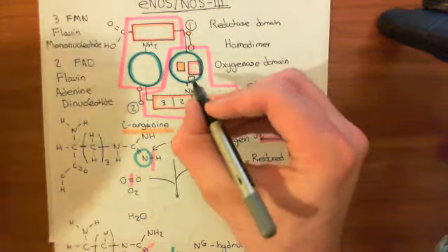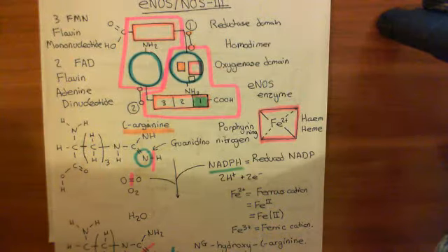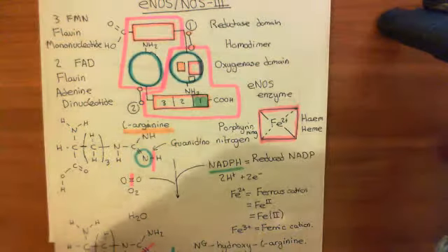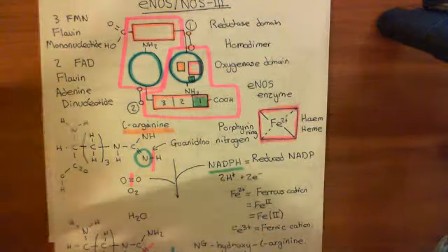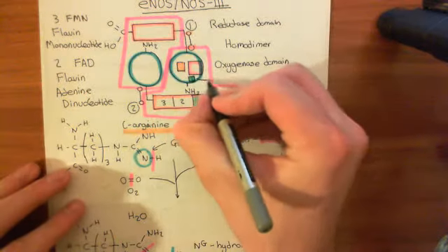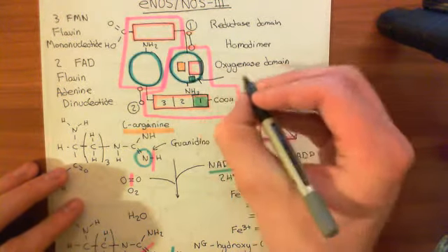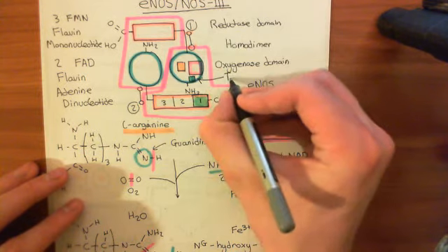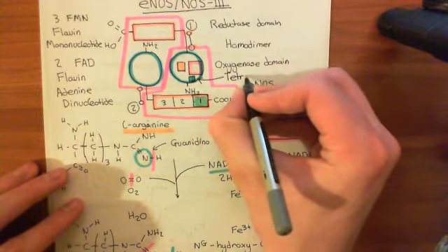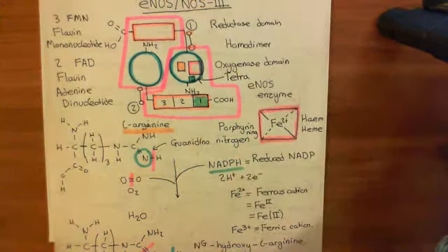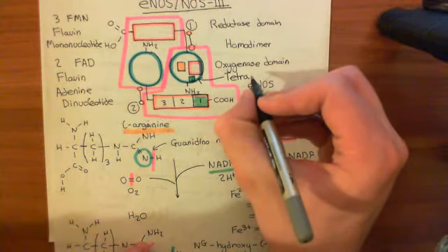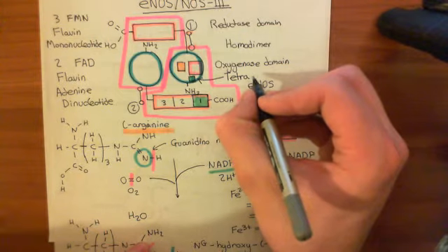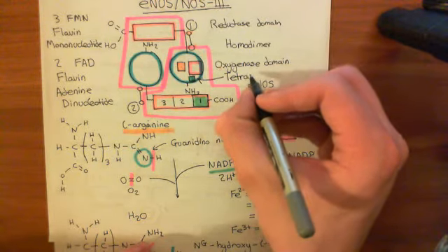Basically, this little square that I've drawn here, which I'll colour in turquoise, I think. So this little square here is a binding site for a very important cofactor of this enzyme, without which the enzyme will not function. And in fact, it's very dangerous if it doesn't have this. So I'll explain why it's dangerous if it doesn't have this later. It still functions, but it doesn't make nitric oxide anymore. Instead, it makes superoxide, which is not good.